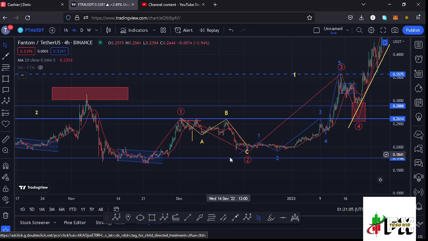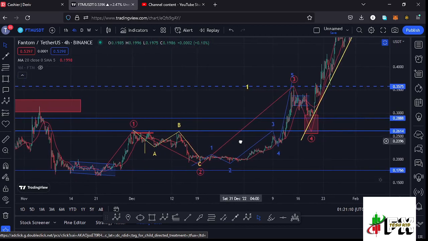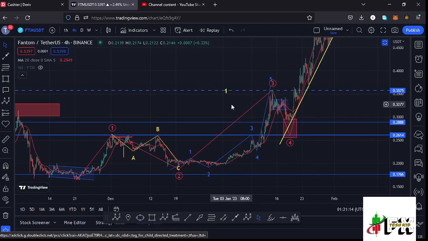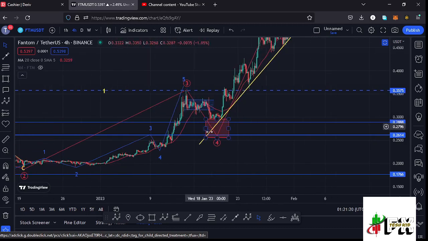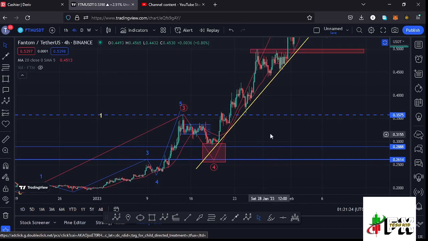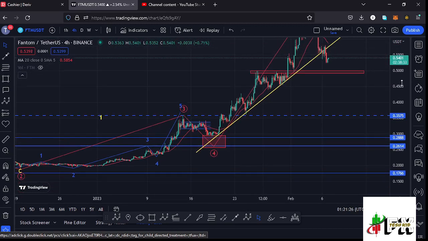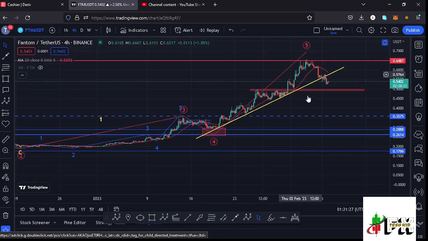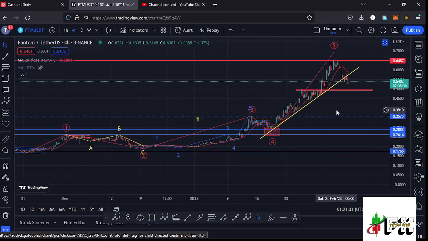And after seeing the low for that second wave, whatever we expected next is a bounce to the upside in the formation of this wave 3, where we have seen that wave 3 making its high at around the $0.3574 mark. And after making the high for that wave 3, we started another corrective structure in the formation of this wave 4, and after seeing the low for this fourth wave, whatever we expected next is a bounce to the upside in the formation of this wave 5, which has fully maximized our target areas that I had sketched out